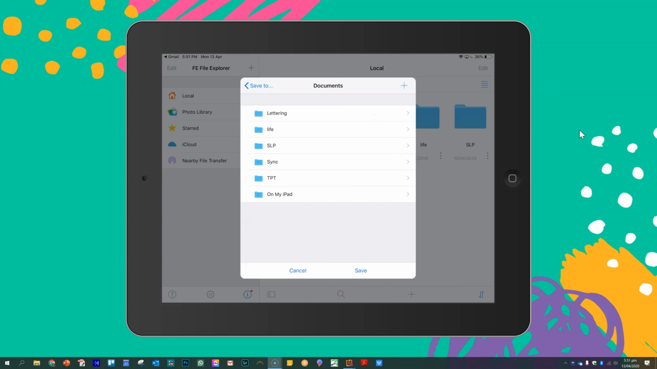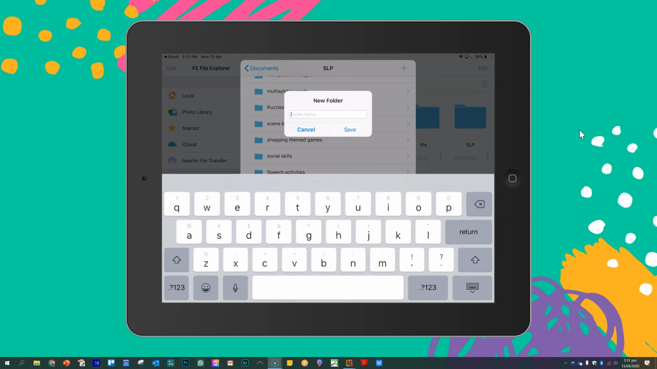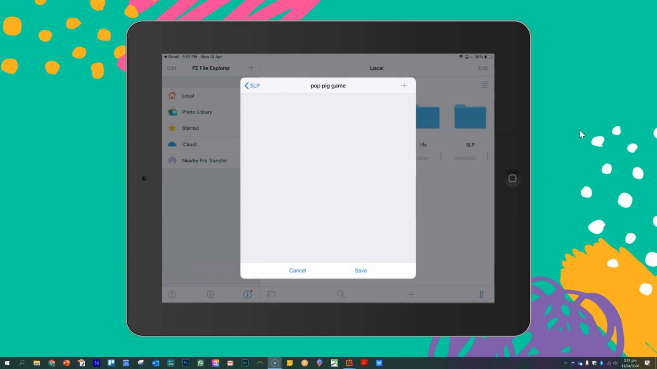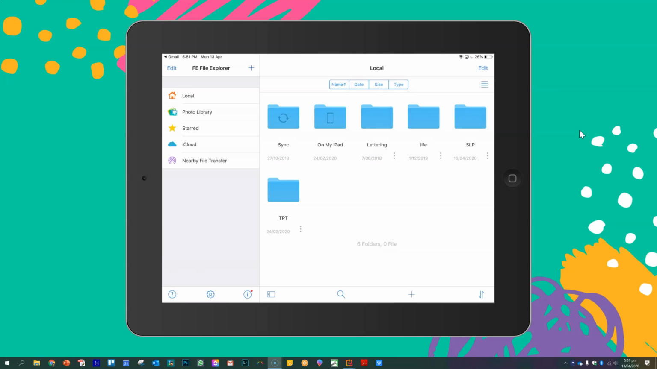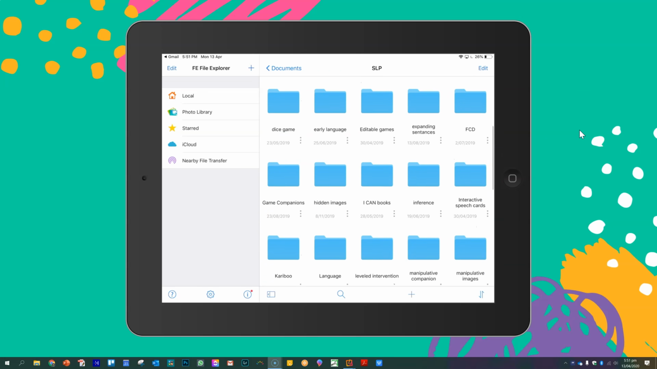So I'm going to go to my SLP folder and then I'm going to make a new one for Pop Pig Game, a new folder. But you might have a folder called PowerPoint Games or something like that, but I'm just going to save it in here. So I'm going to hit save. Okay, so now it's saved in this app. So let's go find it. I'm going to go to SLP. And then we're going to go to